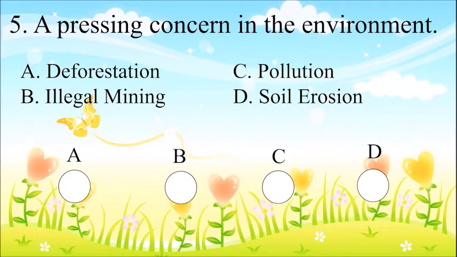And number 5. A pressing concern in the environment. Your choices. A. Deforestation. B. Illegal mining. C. Pollution. Or D. Soil erosion. Make more time. The correct answer is